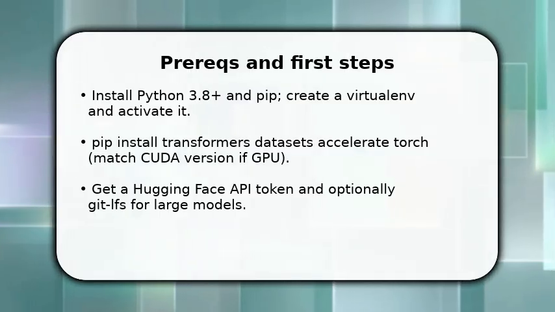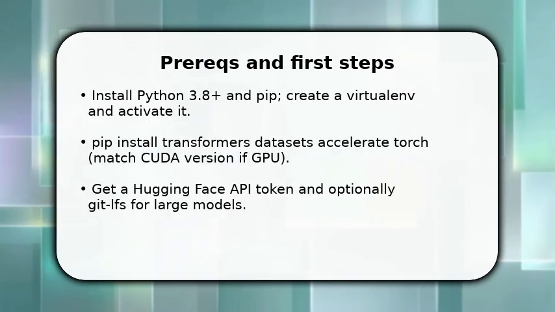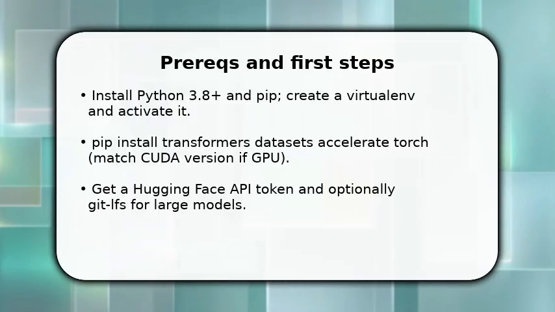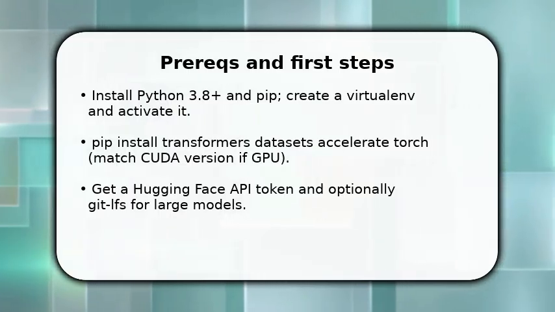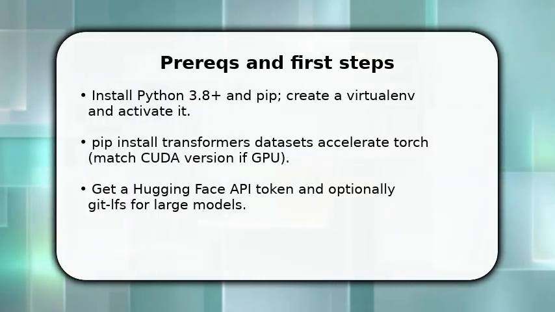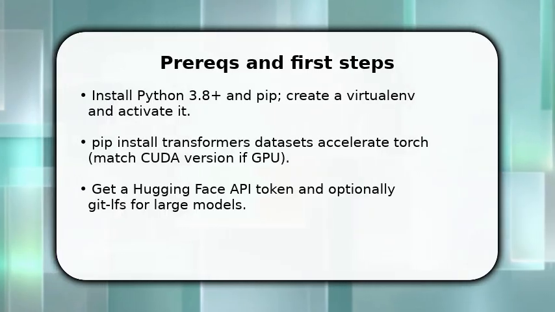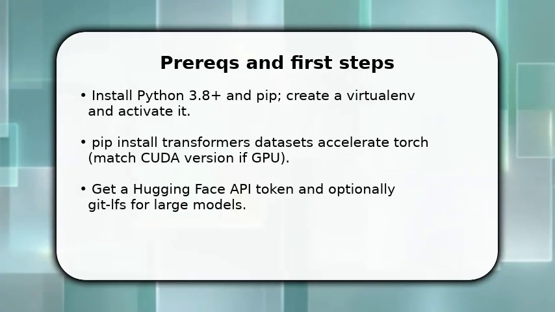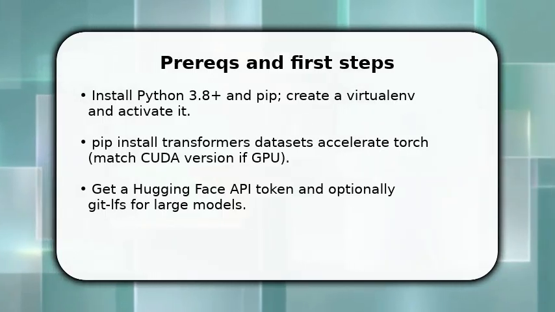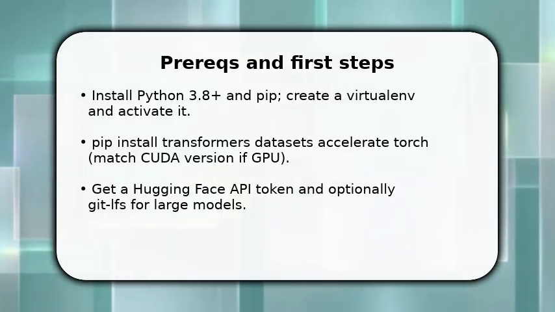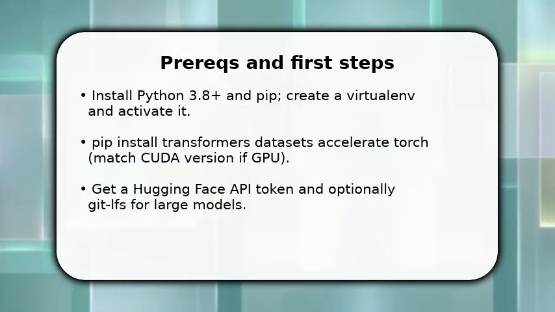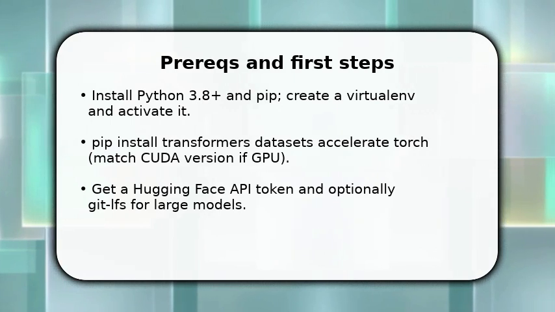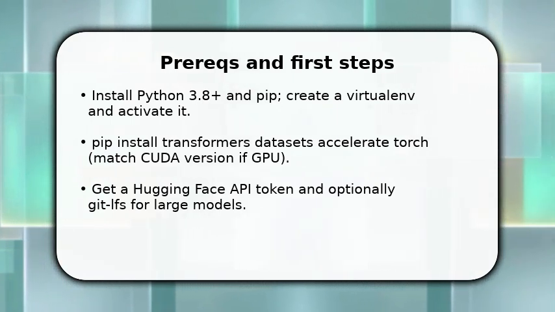You start by preparing a clean environment so dependencies don't conflict. Create and activate a virtualenv, then pip install transformers, datasets, accelerate, and torch that matches your CUDA. Once done, authenticate with your Hugging Face token via Hugging Face CLI login or set the HF API token as an env var. Make sure Git LFS is installed if you'll clone big repos. These steps give you a reproducible base and immediate access to model weights and the hub, so you can fetch